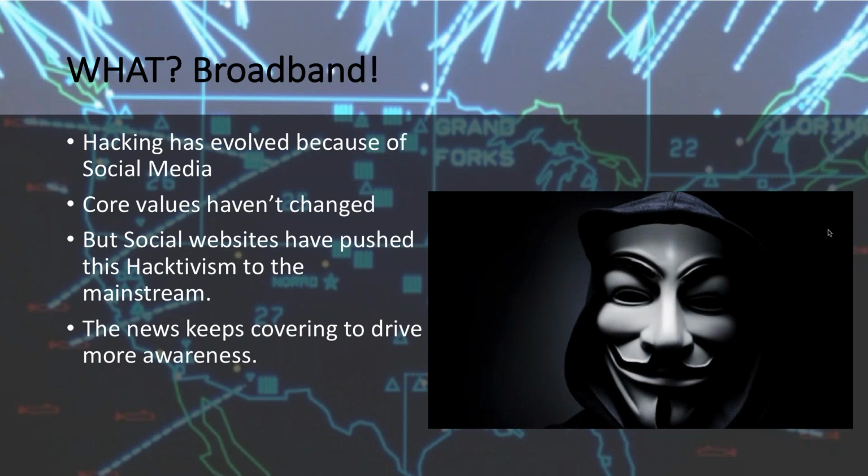So since then, it's kind of basically pushed the hacker culture into more of a social aspect. So you've got a picture of Anonymous right there. That's their logo. They associate themselves to Guy Fawkes from V for Vendetta. The core values really haven't changed from back in the day. It's essentially to, one, have fun, and two, try to prove that you're right by finding flaws. People still exploit this for personal gain because obviously it's still there. So if it's there, people will do it. But in all reality, it's just to drive more awareness among the communities.